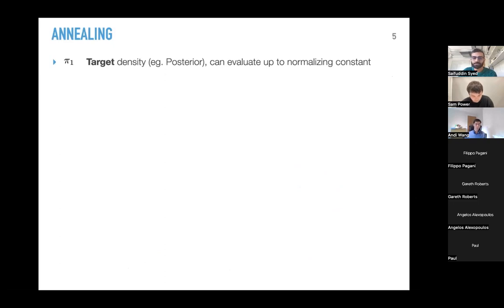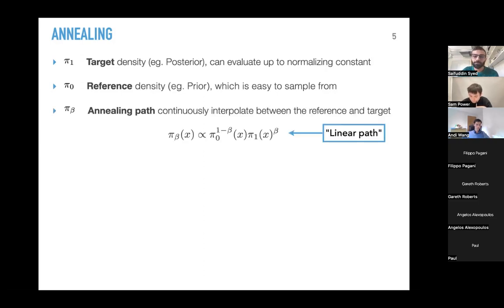I'm sure many of you have heard of this already, but just to solidify the notation, we're going to denote pi1 as the target density. In your mind, you should be thinking something like the posterior. In general, we can evaluate it up to a normalizing constant, but we can't sample from it. Pi naught is the reference distribution. Again, maybe think of something like the prior; in general, it should be something that's easy to sample from and maybe evaluate. We're going to denote pi beta as the annealing path that continuously deforms the reference to